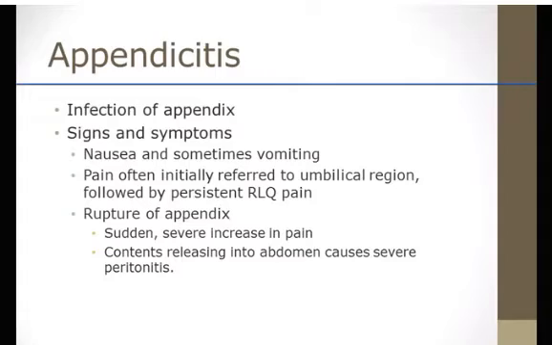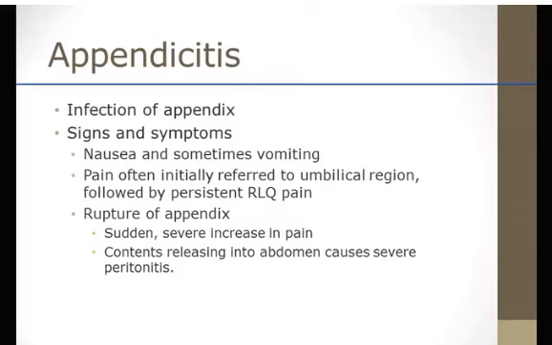So pay attention to that. Then their pain is going to be initially right around their belly button region. So when it starts, it'll be right around the belly button, and then it's going to kind of migrate down into that right lower quadrant, and we'll have a very severe pain right in there. And so that nausea, vomiting, low-grade fever, and then if that appendix ruptures,